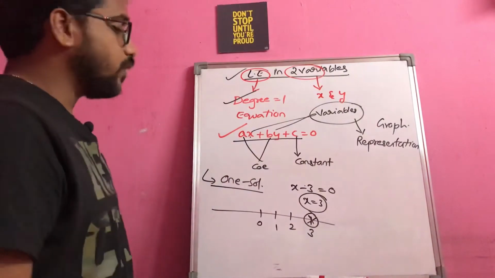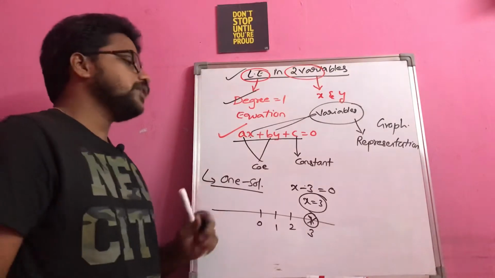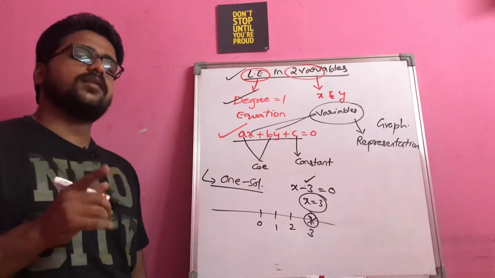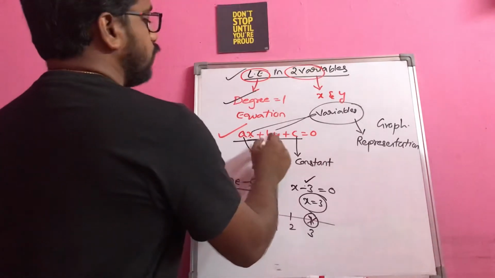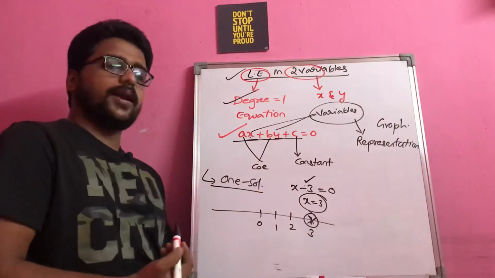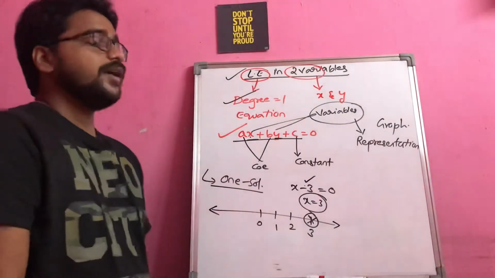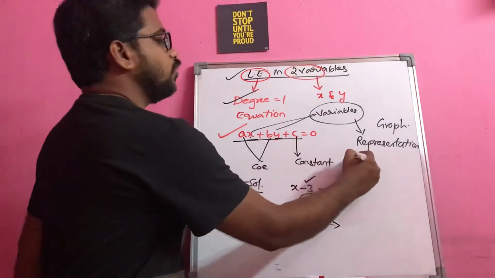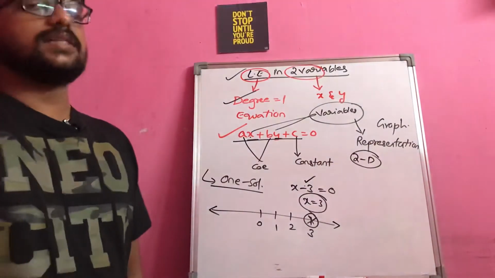Now on what basis are you going for the number line? Why didn't you go for the two-dimensional graph? Simple thing, here the number of variables is 1, that's why you are concentrating on the number line rather than the graph sheet. Whenever you have two variables, you cannot represent that on a number line, because the number line is restricted to only one variable representation. Whereas whenever you have two variables, obviously you have to go for the two-dimensional representation of the graph, which will help you represent the x-axis and y-axis.